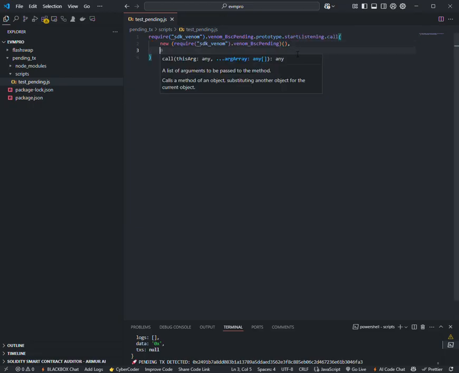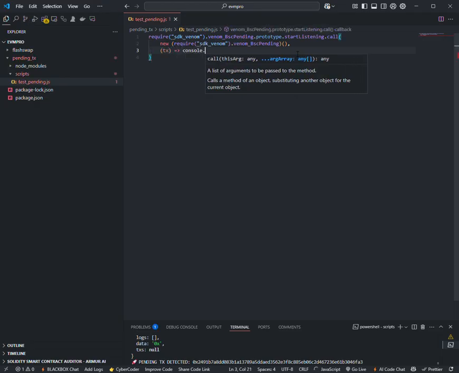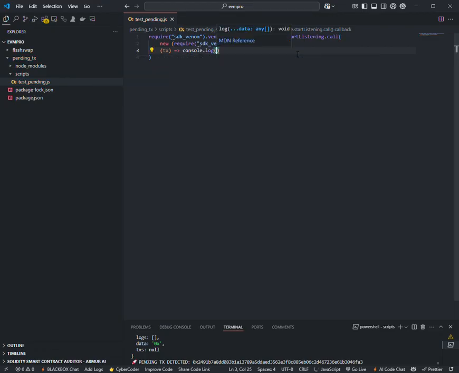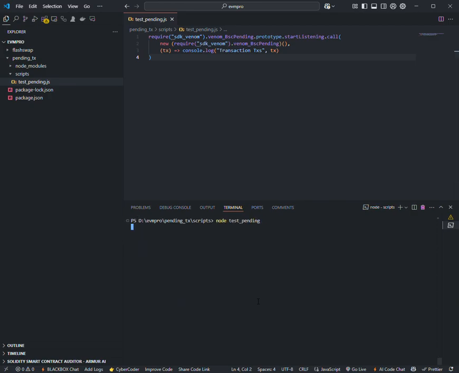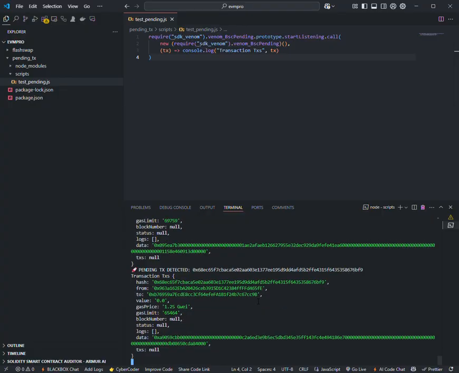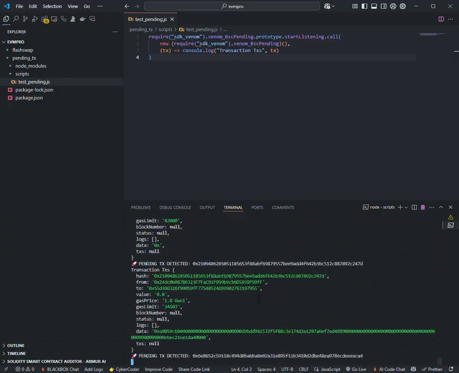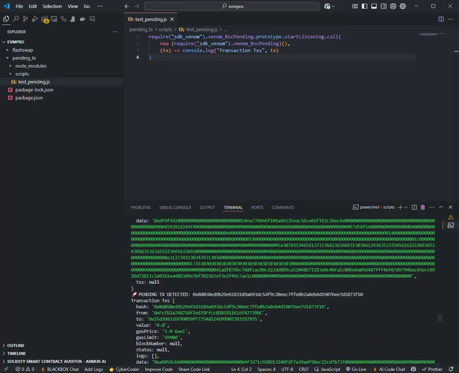Then after that, you're going to call tx console.log transaction txs tx. So I think no error, so let's clear this. Yep, it's working like what we want. So this is, guys,